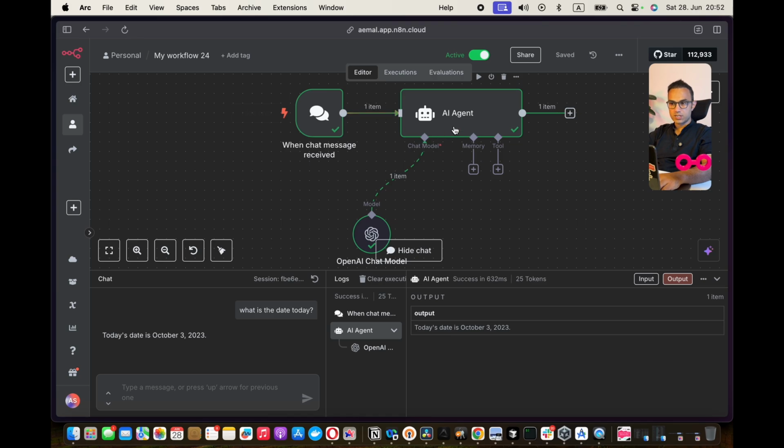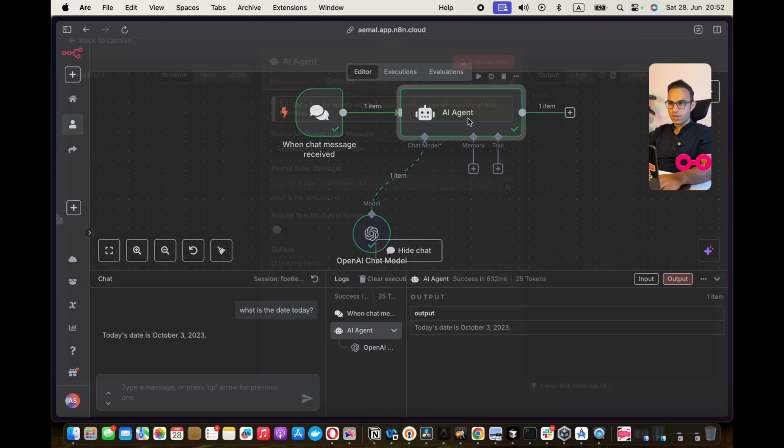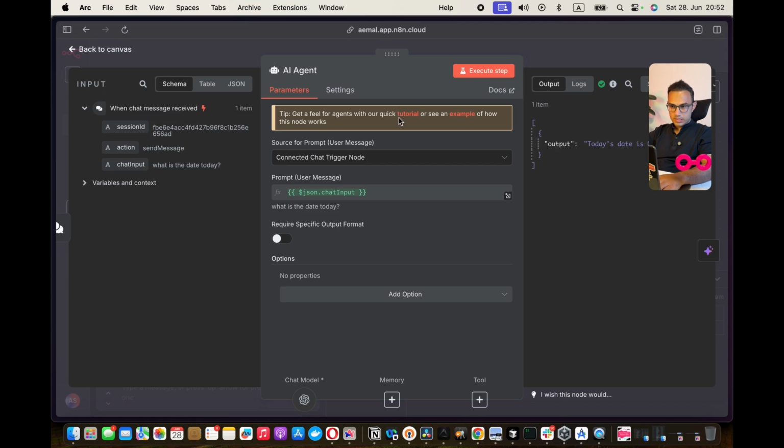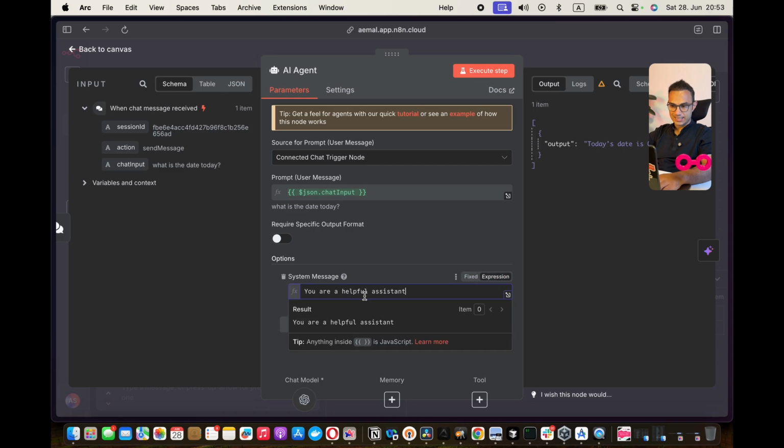Now, in order for this to be context aware of what the date is today, we need to open this, and then click on options, and then here we can type in system message. And then make sure that you have this expression selected, and then you can type something.